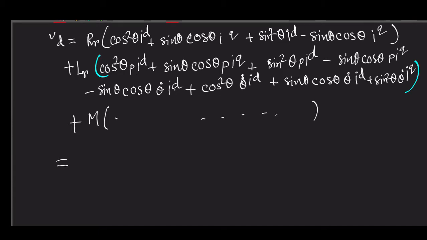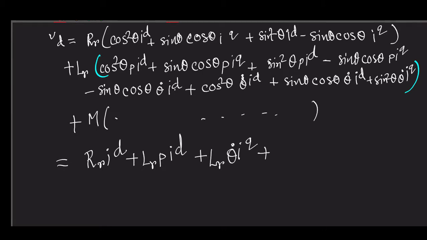If we do correct simplification, what you will get is RR iD plus LR pi D plus LR theta dot iQ plus MP iD plus M theta dot iQ,